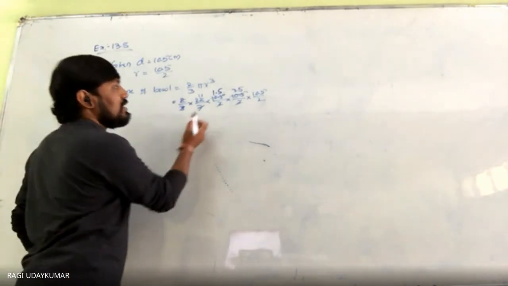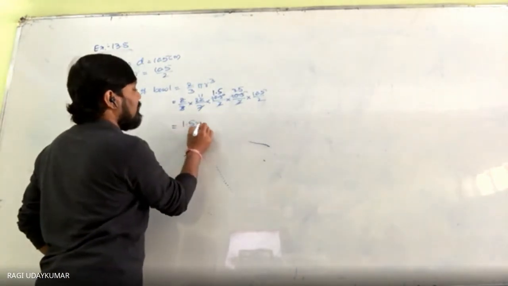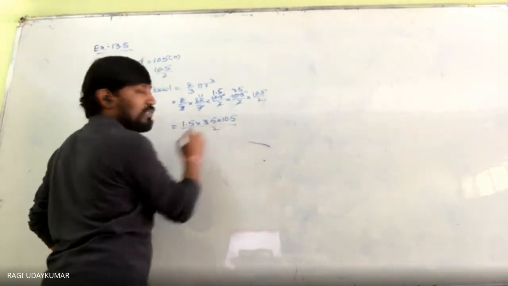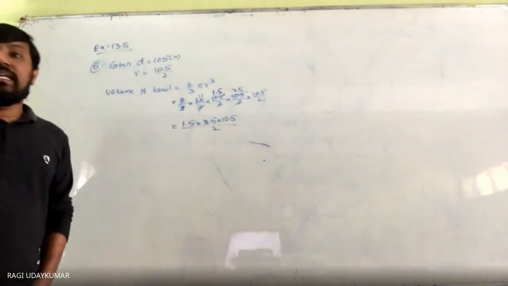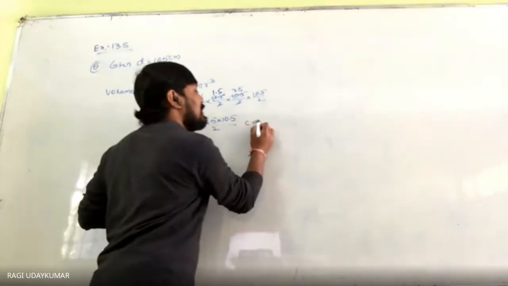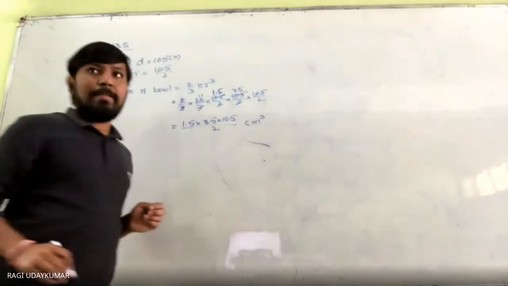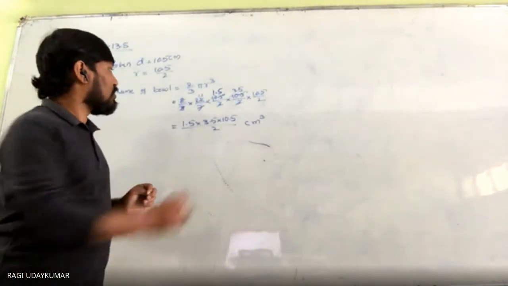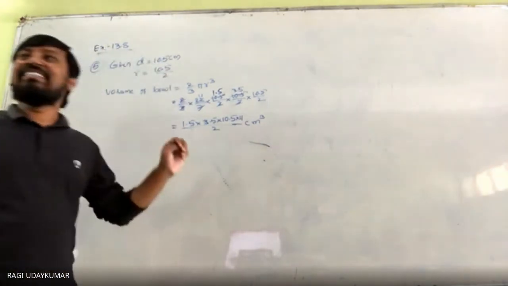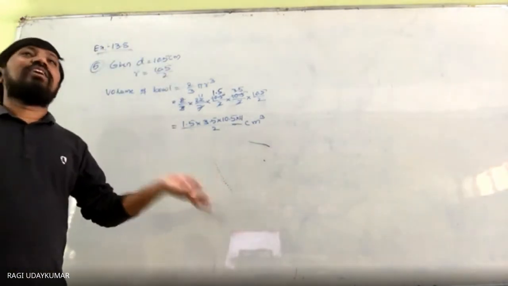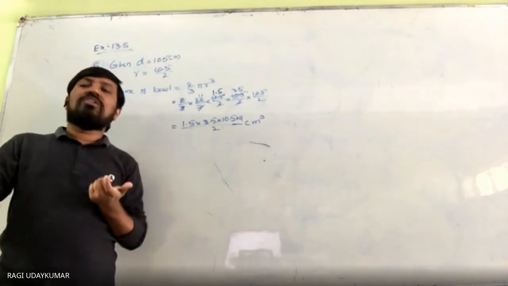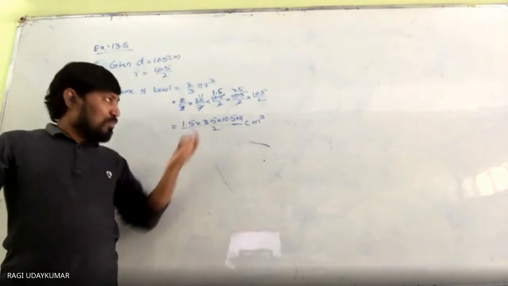So now what is left over here? 1.5 into 3.5 into 10.5 by 2. This we have to simplify. And here it is asking you in liters, so this we are going to get in centimeter cube. Oh, sorry, I said 11. I forgot that, I did not do it on purpose. It is a human error that sometimes happens, but sometimes I am wantedly missing it so that you have to verify.